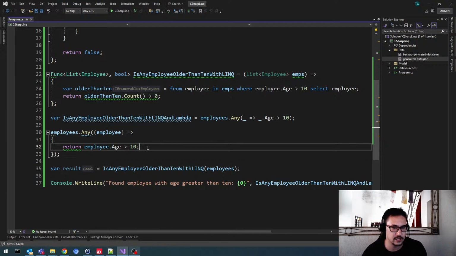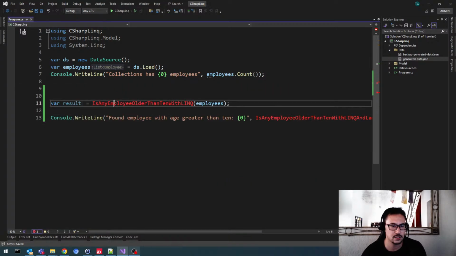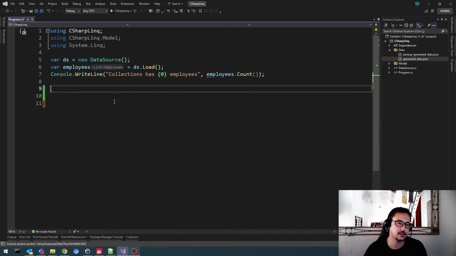The next one is the function All. Let me just get rid of this code and this as well. The All function determines whether all the elements satisfy the condition. So it's similar to Any, but in the Any function, if we have at least one case, it will evaluate to true. In the All function, we need every single case to evaluate to true for the whole function to return true. In other words,